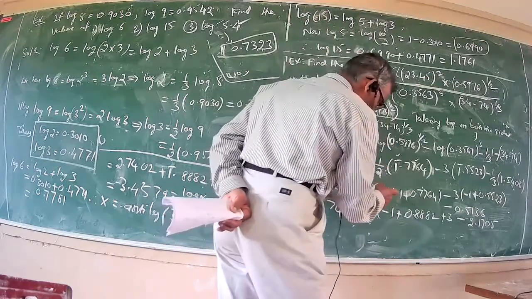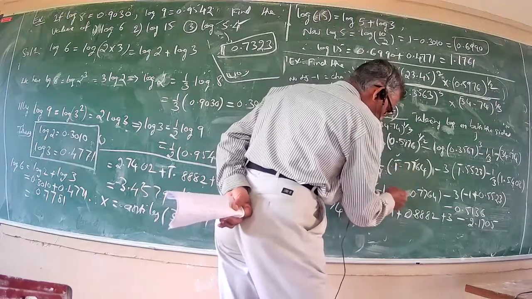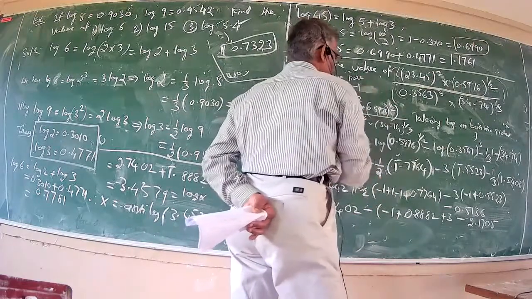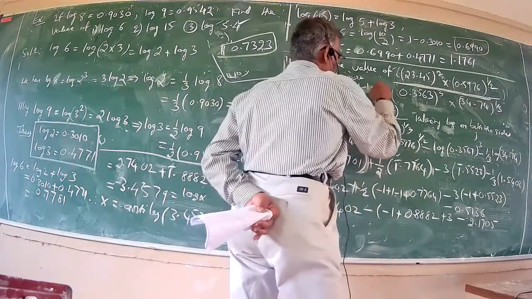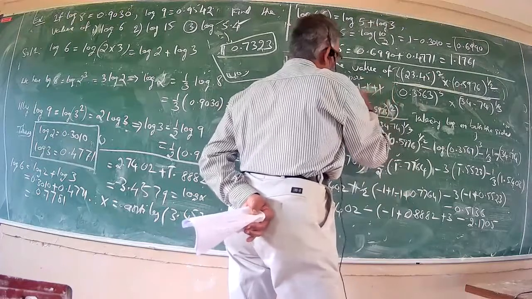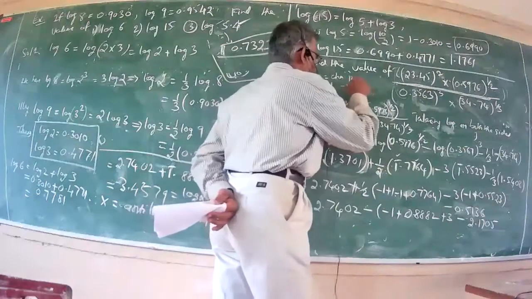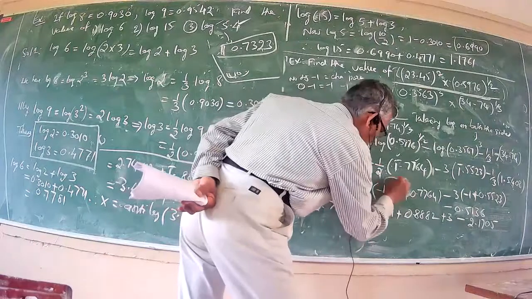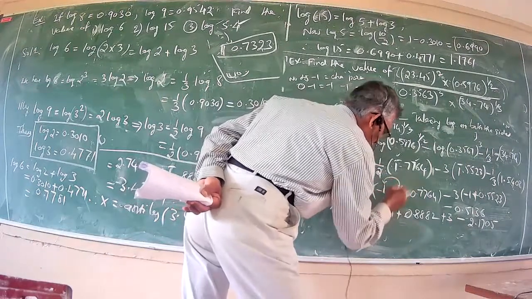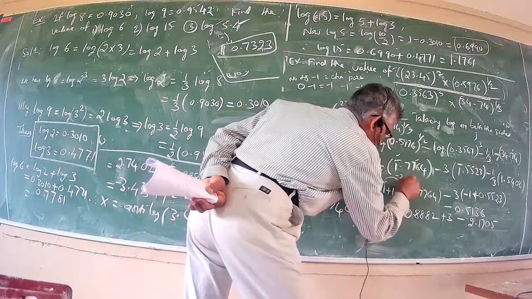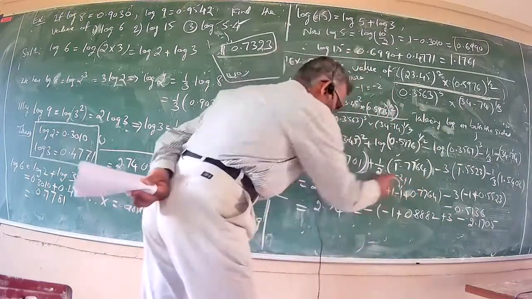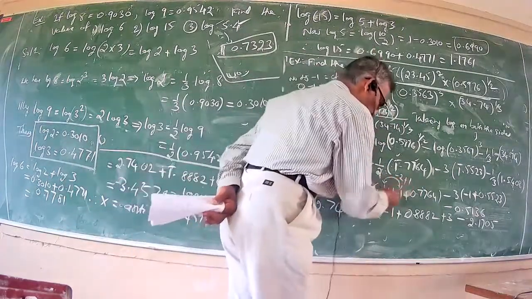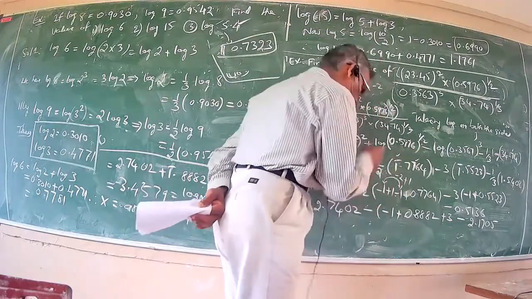But if we simply add the number -1, then there is a change in value. Therefore what I do is, -1 already is there, so again one more -1 and +1, because there is no change in value. This cancels, original will be the same. But what happens when we add -1 and -1? It becomes -2. Now add these two, you get -2, and +1 remains. Divide by 2. Now it is easy: it becomes 2 1 2. That is why we are splitting this.